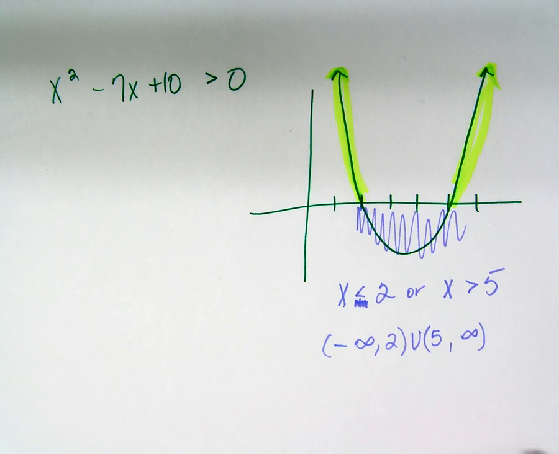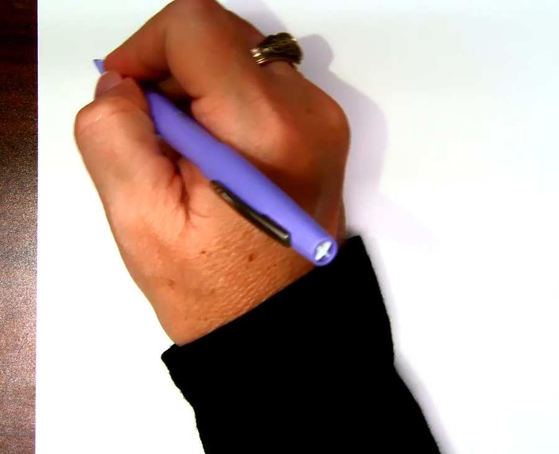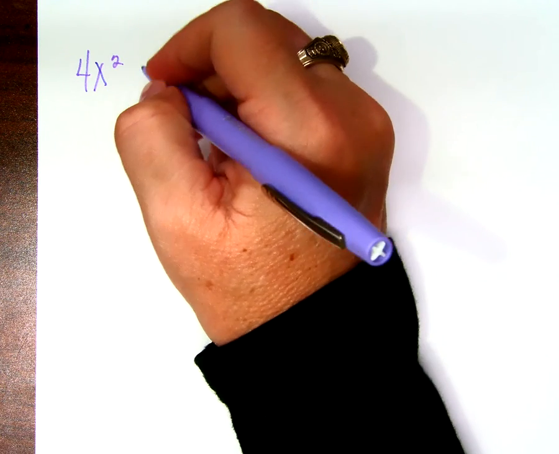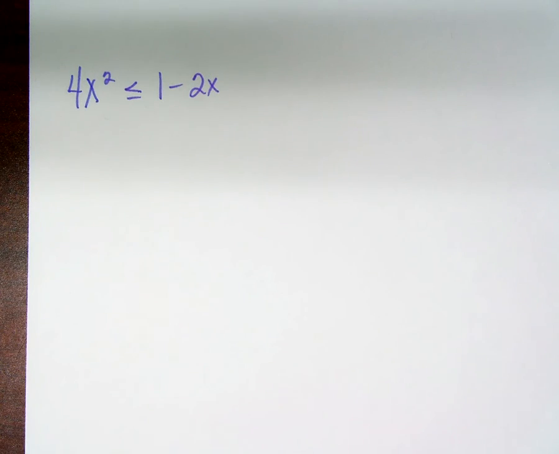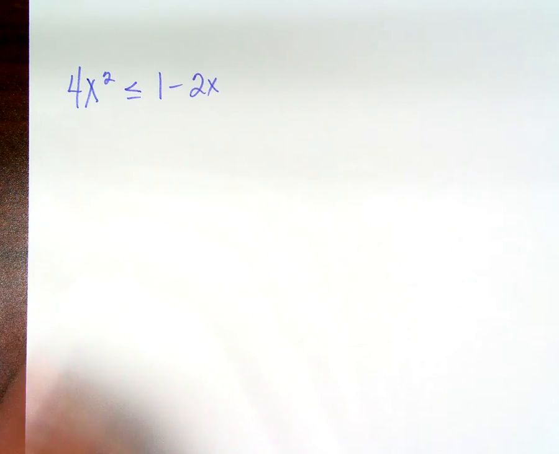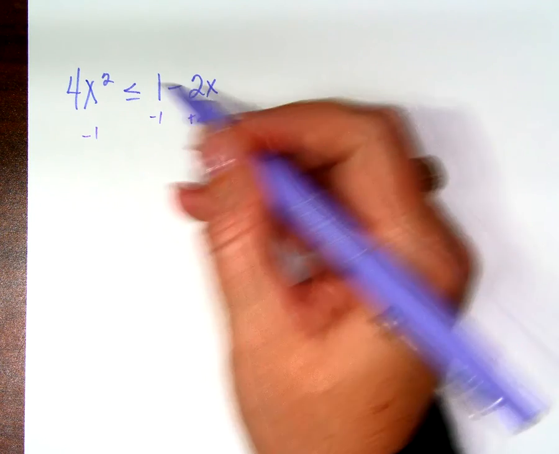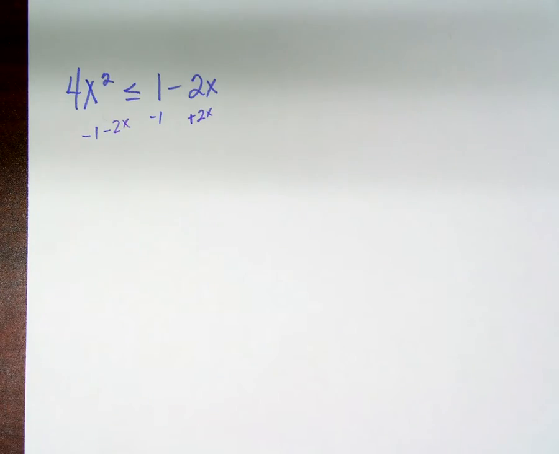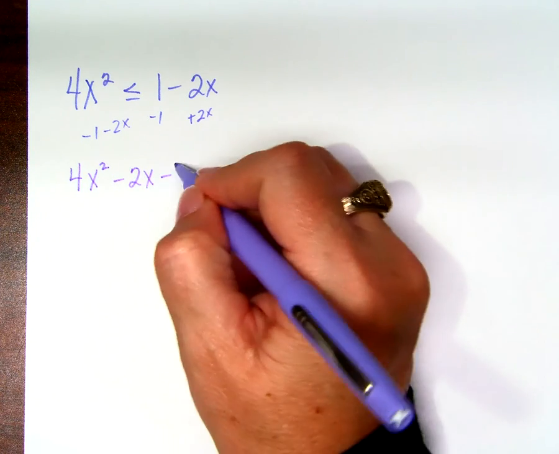So, let me give you this one. 4x squared is less than or equal to 1 minus 2x. Well, we probably want to get it to 0 on one side or the other. Okay? I like to have my x squared term positive. It makes a lot of things a lot easier, so I'm going to go ahead and move everything to the opposite side. Even though I'm moving more stuff, it keeps my x squared term positive. 4x squared minus 2x minus 1